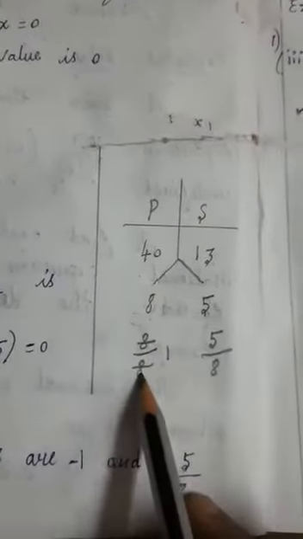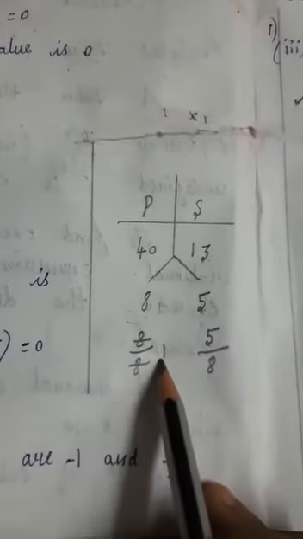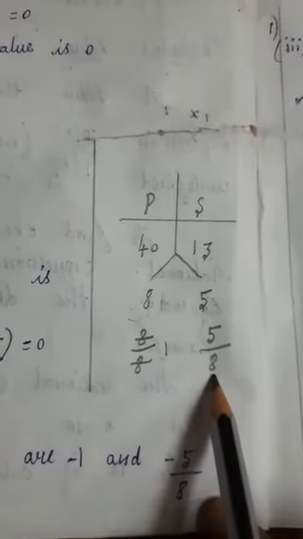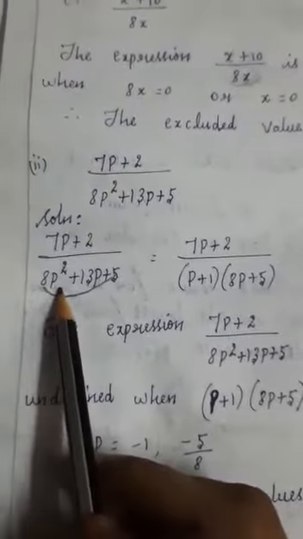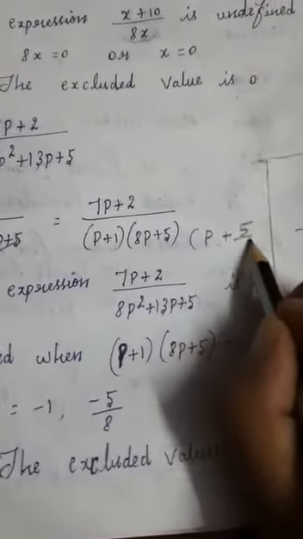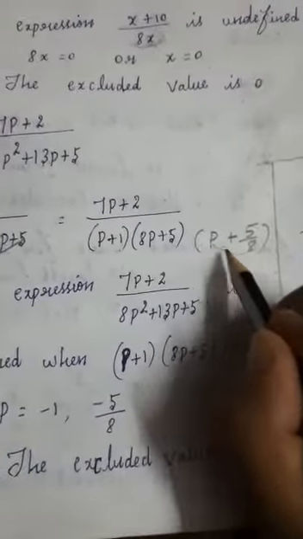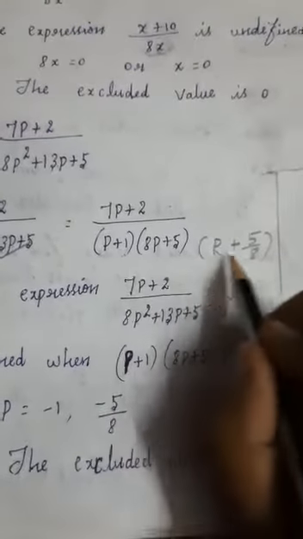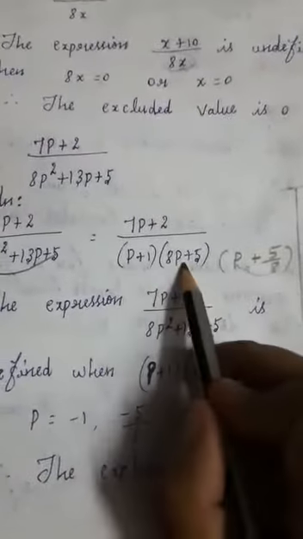So then you have to divide both by 8. So 8 divided by 8, and here 5 divided by 8. 8 divided by 8, if you cancel it, 1 will come. Now afterward 5 by 8 will come. So then what are the factors? Here the variable is p. So the first factor is 1, the second factor is 5 by 8. So write p plus 1. The next one, what will come? p plus 5 by 8. Then this and this multiply: 8p plus 5. Like that only you have to write. So this is one factor, this is another factor.